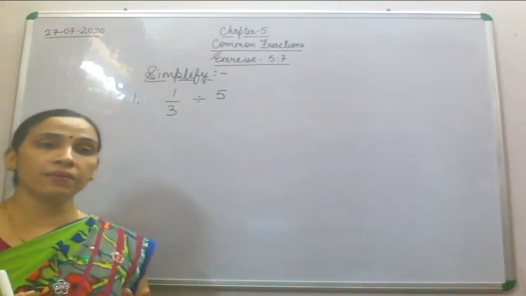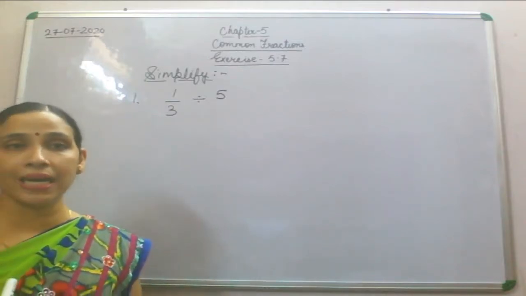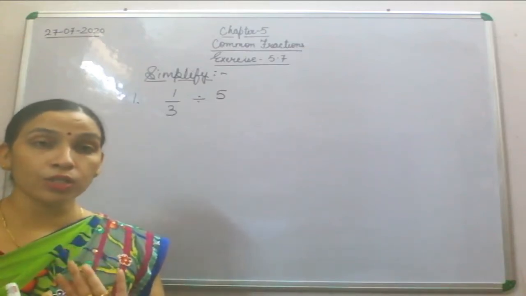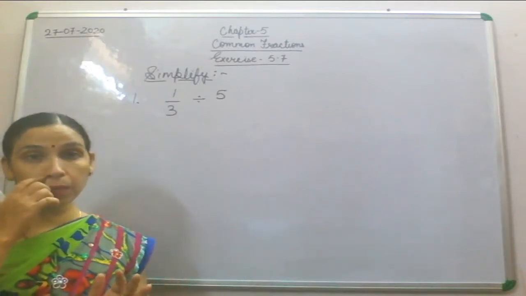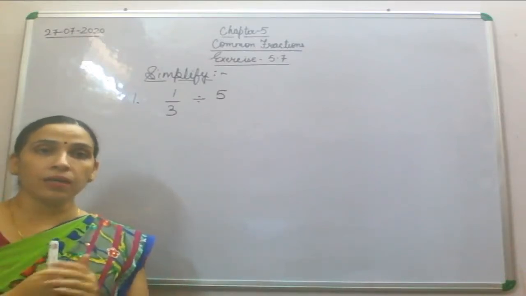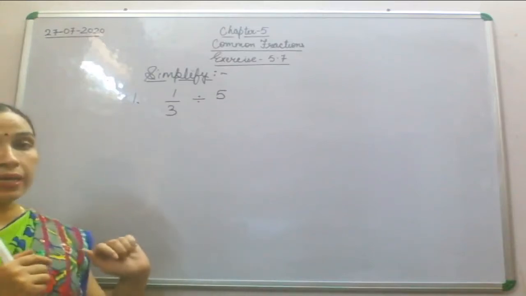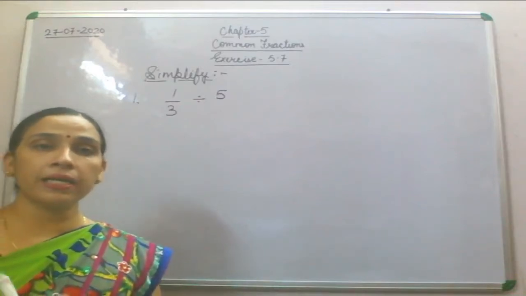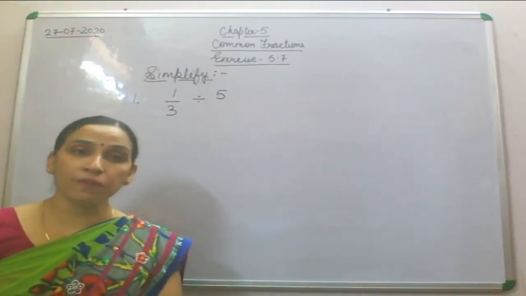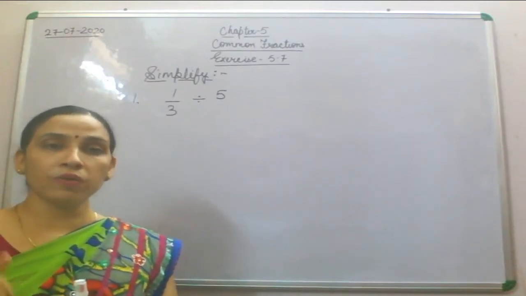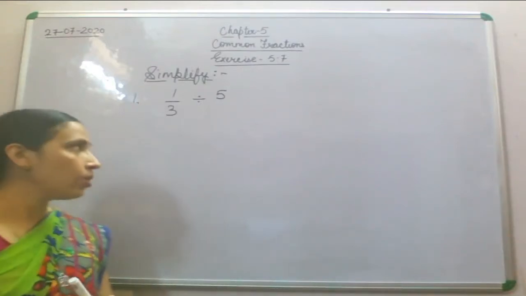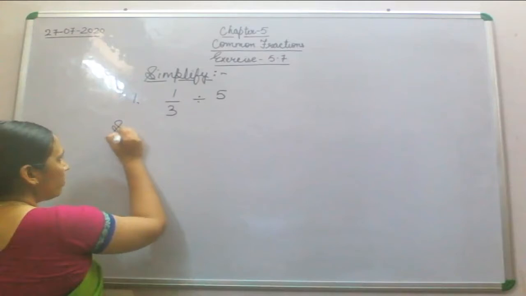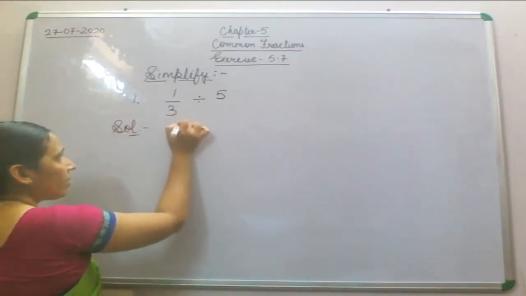First we will start the division. We have to understand what we mean by 1/3 divided by 5. Now children, see, 1/3 divided by 5 means, either it will be written here with a bar, or a division symbol will be given. It means 1/3 is going to be divided into 5 parts. So you have to find out what will be the fifth part of that 1/3, or the 5 different parts of that 1/3. So what we will do here in the solution, first of all we will write this.